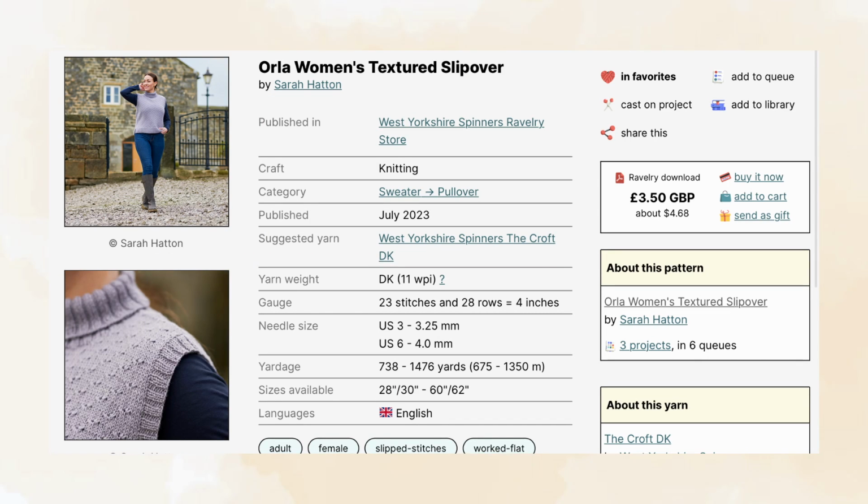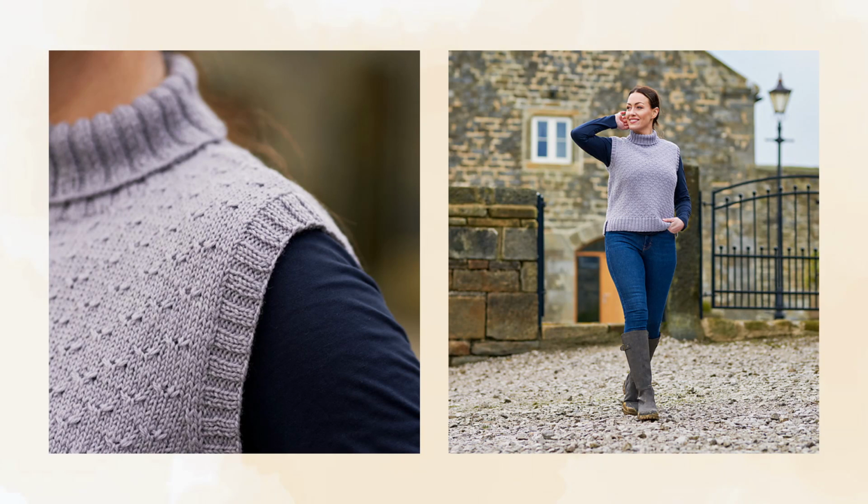The 7th pattern is the Orla Women's Textured Slipover by Sarah Hatton. It comes in 2 sizes with finished measurements of 28 to 30 inches and 60 to 62 inches with recommended positive ease. It suggests a DK weight yarn using a US 3 and 6 or 3.25 and 4mm needle size